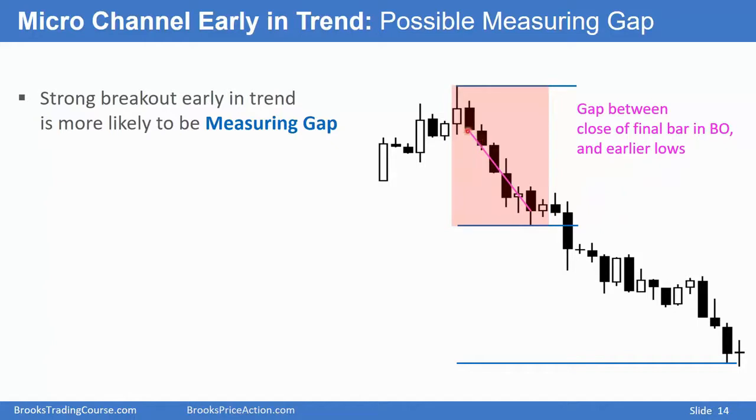Lots of gaps between the low of this bar and the close of this bar, the close of that bar, the close of this bar, the close of this bar. So at this point, the gap is this close and that low. And at this point, the gap is this high and that low, or this high and that low. And the gaps did not close.